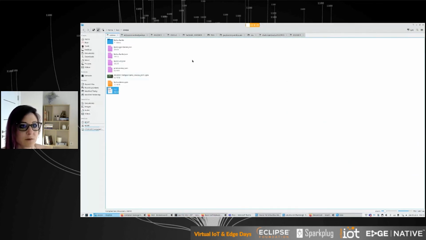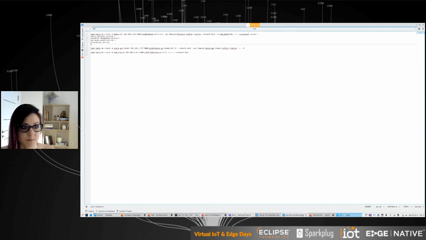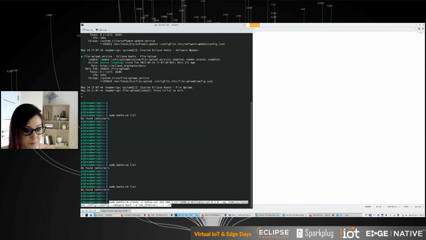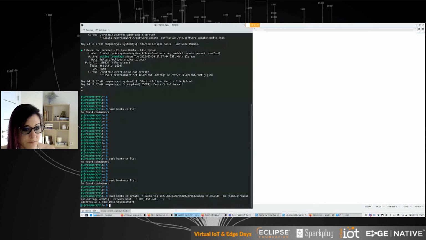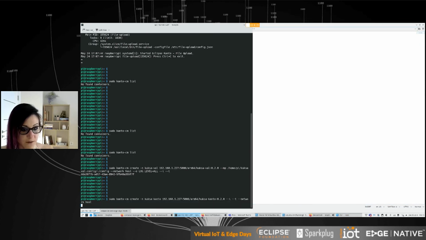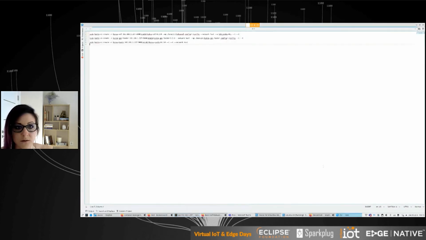Okay, let me just open my quick shot. So Kuxaval, let's have this installed and running. Okay, we have it running. We'll quickly get this one. Now we will install the Eclipse Kanto container. If you want, you can watch the video later to see the actual steps. And now we'll create and start the GPS feeder application.